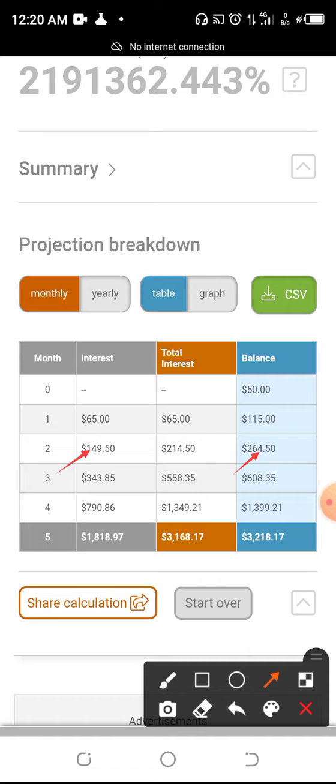The same thing we do for month three. We make 120% for month three. We'll be making $343. Then if we add it to our initial balance, it will become $608. Then for the fourth month, we'll make $790. Then if we add it to the $608 that we had previously, we'll get a total of